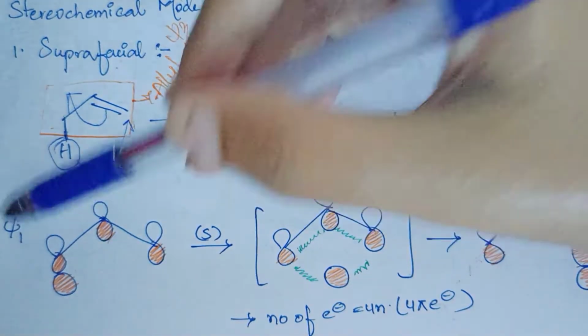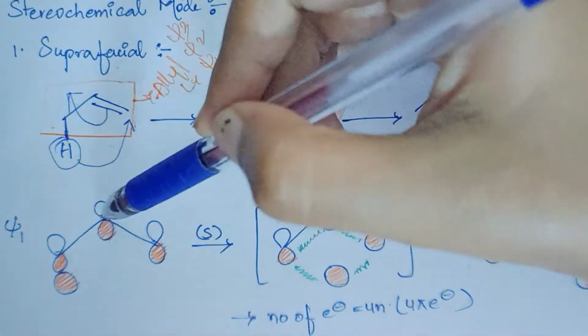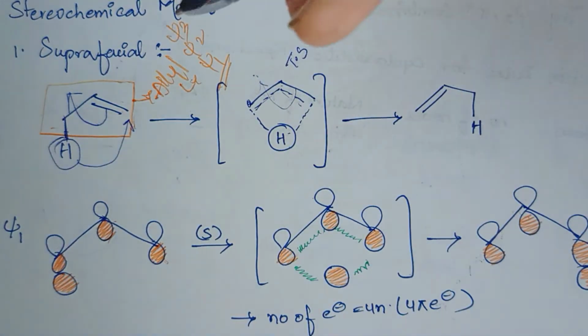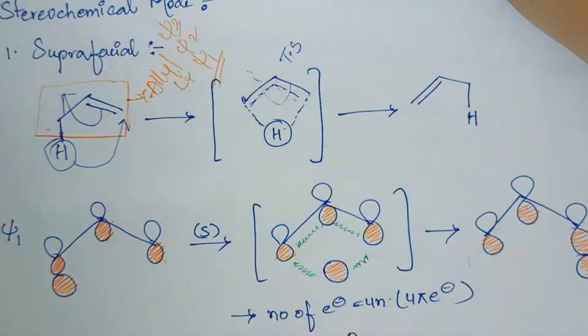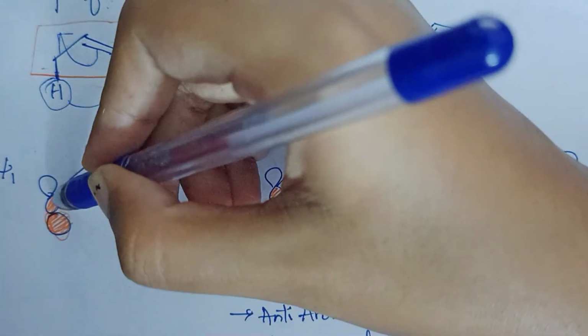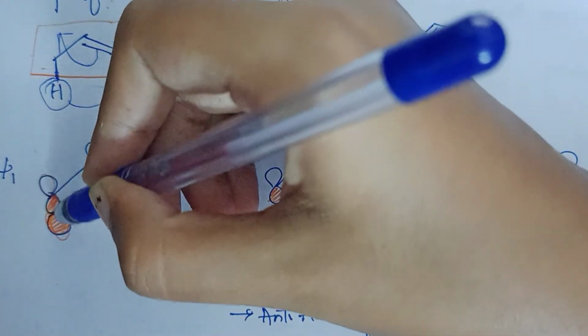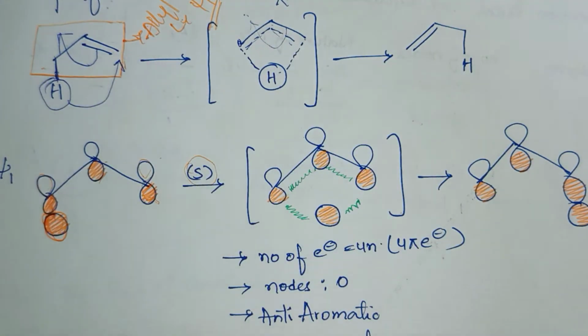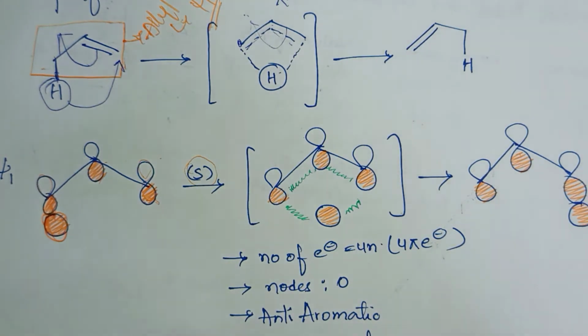Now here psi1 is represented by all 3 p orbitals shaded towards the same side. See, all the p orbitals are shaded downwards, towards the same side; that is given by psi1. Now I am doing suprafacial. What is suprafacial? When I shift this hydrogen, this hydrogen is attached to the down lobe, and with respect to this carbon also, this is the down lobe. Why have I represented hydrogen in a circle? Because hydrogen is in the s orbital. That's the reason it is represented in circular form, whereas the carbon has the p orbital, which is represented in p orbital form.